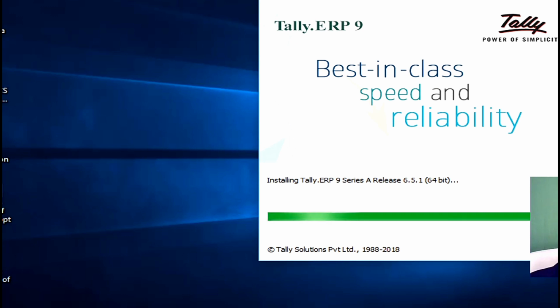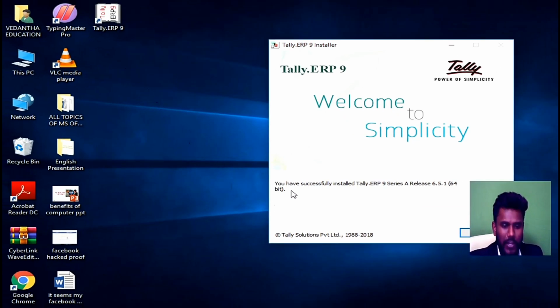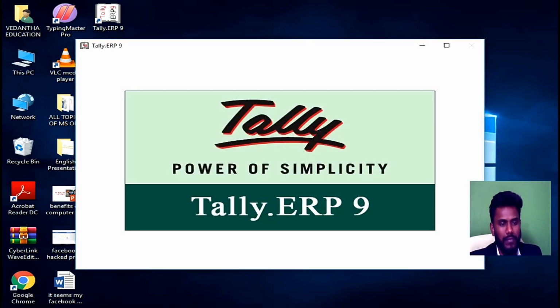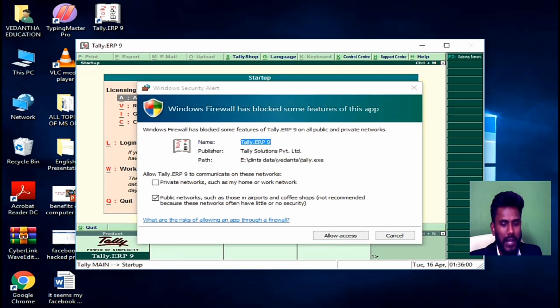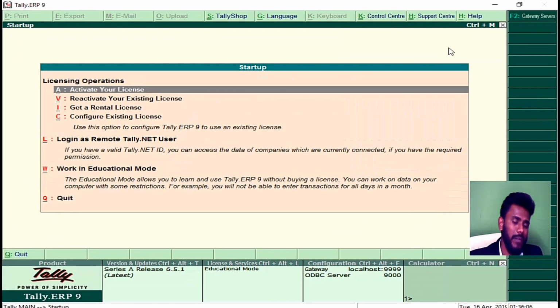Yes, now the logo is auto created. Now you can see the message that you have successfully installed Tally.ERP 9 Series A Release 6.5.1, and click on Done. When you click on Done, the first page of Tally appears, and here you just allow the access. This is the first page that you are seeing in the Tally application.